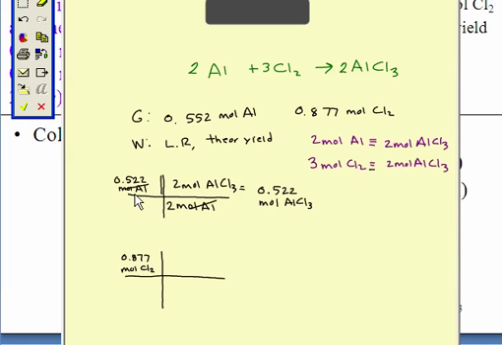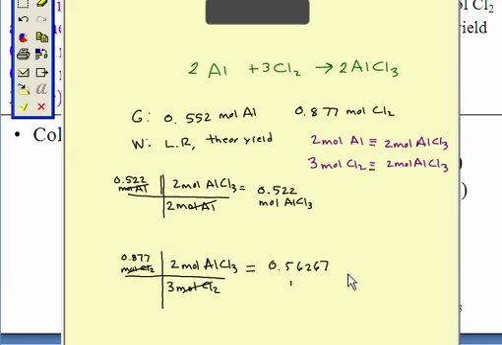If all my aluminum reacts, this is how much aluminum chloride I get. Now let's do the same for chlorine. This is how much chlorine I have, and according to my balanced equation, 3 moles of chlorine are required to form 2 moles of aluminum chloride. My moles of chlorine cancel out, and when I do the math, I get